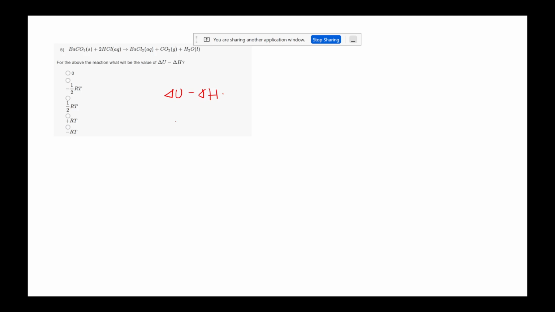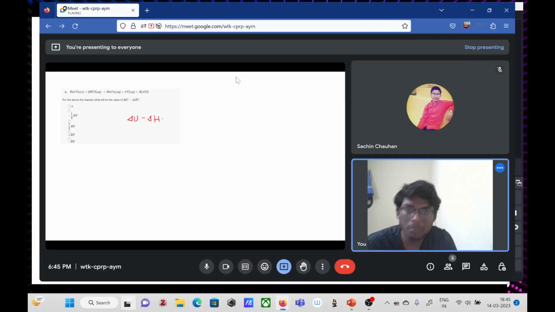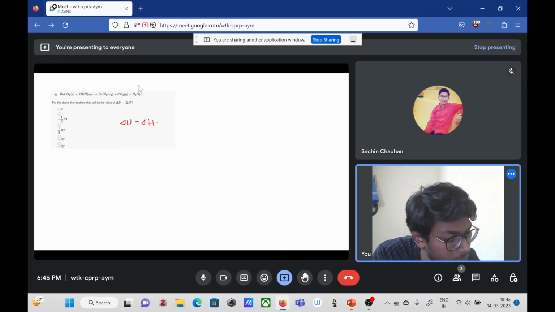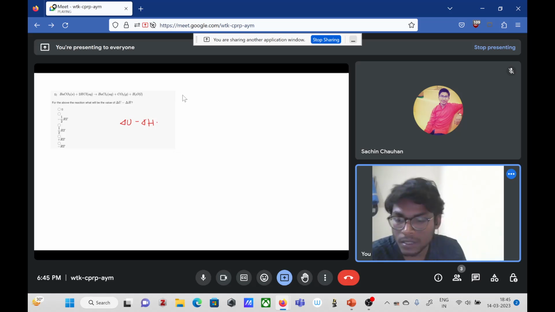So if the net product change is some finite moles, then the change delta U minus delta H is minus nRT. So n means the number of mole changes from reactants to products. So let me write, okay,